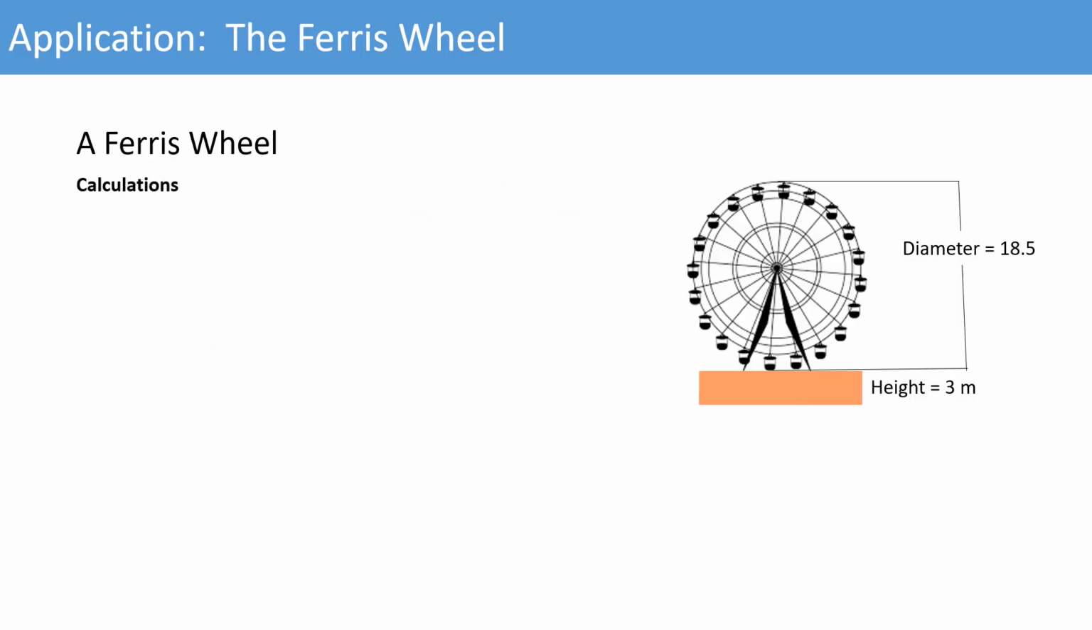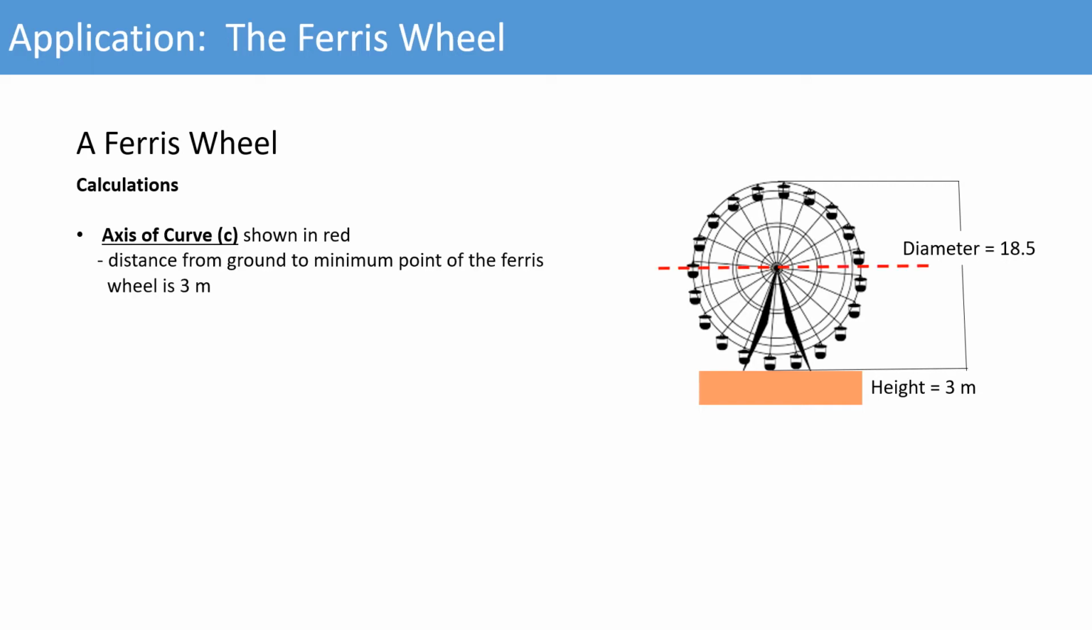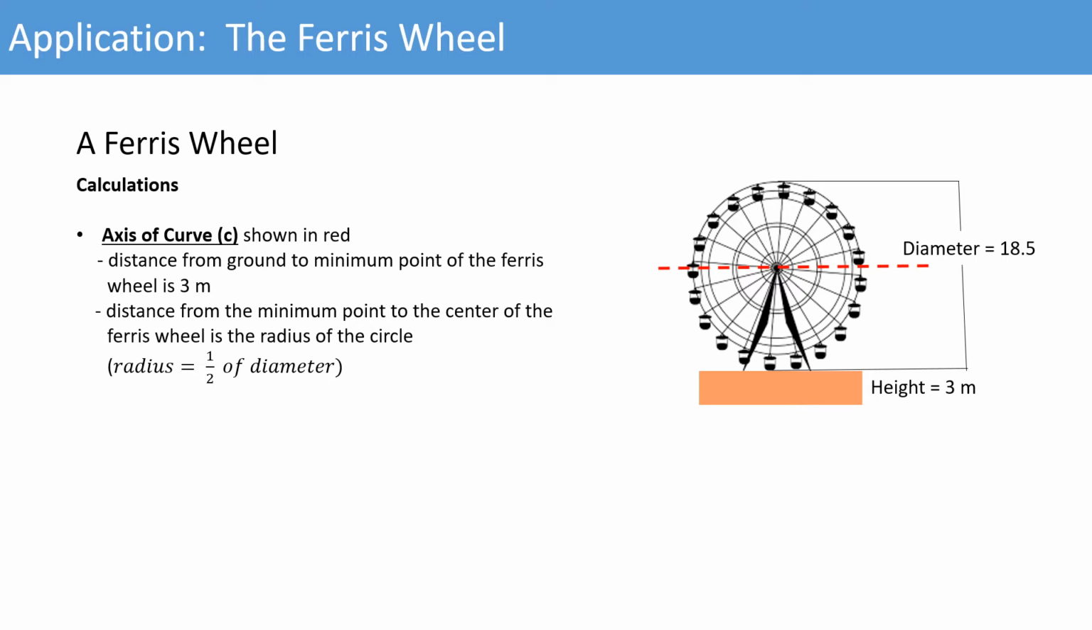Calculations. First of all, here is a review of the diagram. The axis of curve is shown in red. The distance from the ground to the minimum point of the Ferris wheel is 3 meters. The distance from the minimum point to the center of the Ferris wheel is the radius of the circle. Radius is determined by taking 1/2 of the diameter. So the radius is 1/2 of 18.5, which is equal to